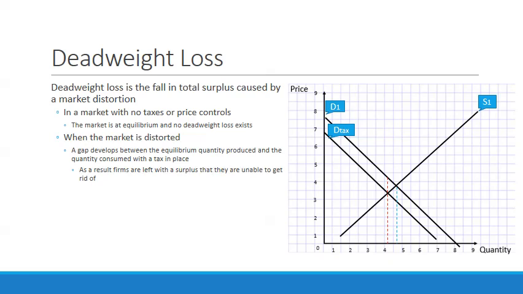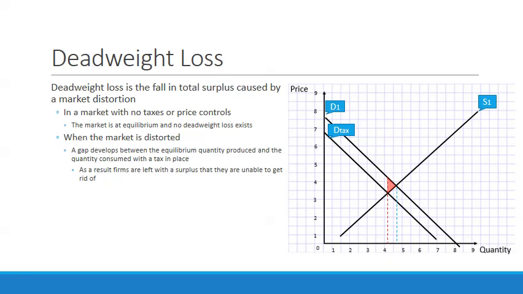So what we're looking at then is a surplus that firms are unable to get rid of. And that's the big deal here: because of where the tax is located, firms aren't going to produce above that amount. But when the tax was created, it reduced it, so current supplies were there. So now the firm has this current supply of toasters that they're unable to get rid of. So they basically just have to consume the debt at this point. So you look at that triangle, that's what they have to assume the cost of. It's the amount of the tax